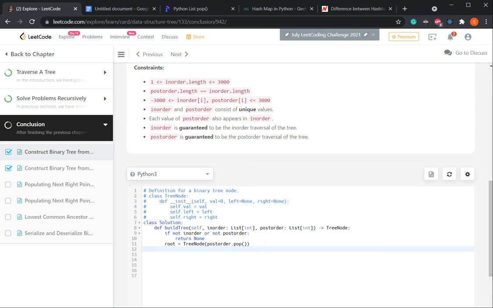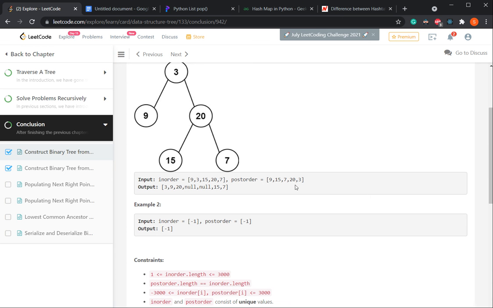So we have here this tree node which has the value 3 for this particular example.